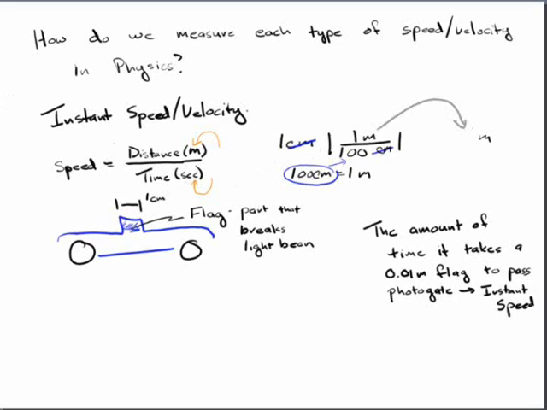Okay? Well, when you put this in your handy-dandy calculator, you'll get 0.01 meters. You should learn this number because you're going to be using it very, very frequently. So, I can use the CPO timer to calculate the amount of time it takes the 0.01 meter flag to pass through that photogate. And this is my instant speed.